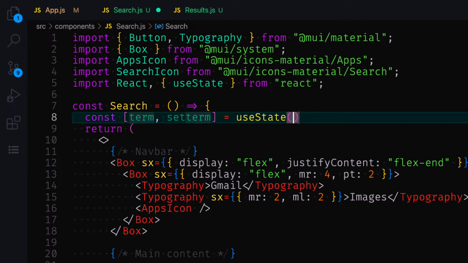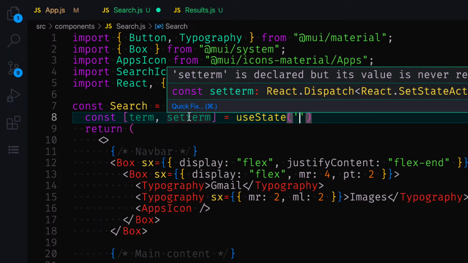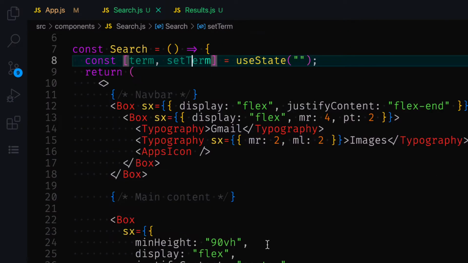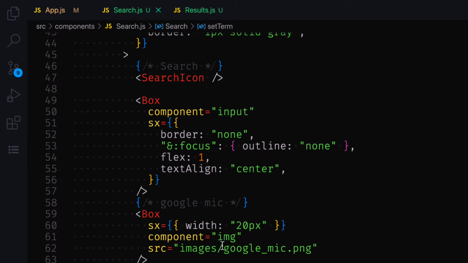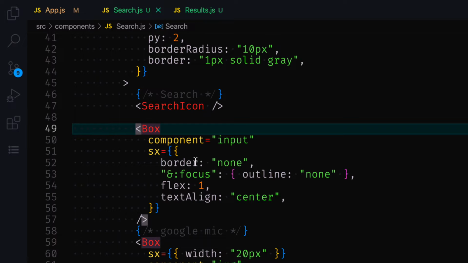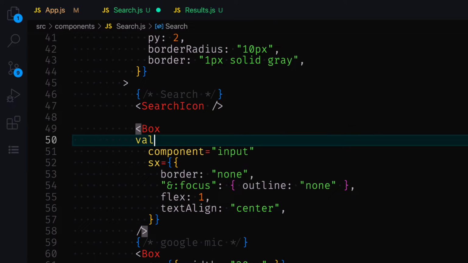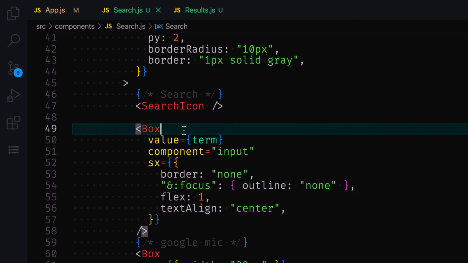For now it's an empty string, and setTerm with uppercase T like that. So on the input, where's my input? This one, right? So now I have access to the value, and the value here is equal to the term in the state. And for onChange